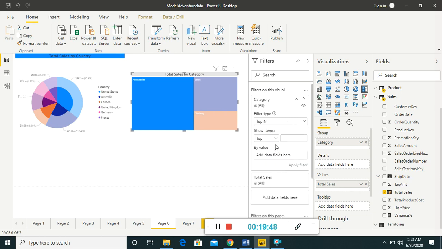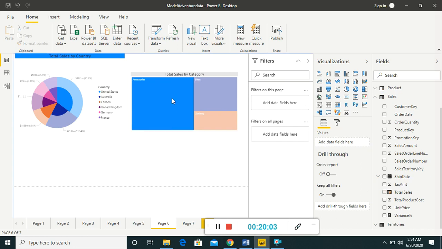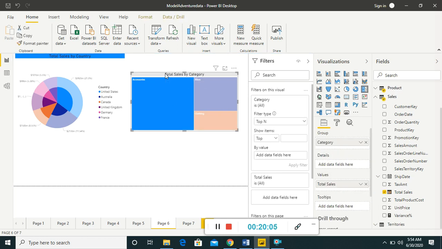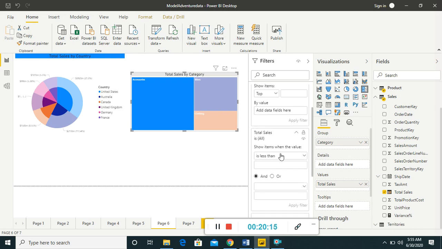Then top N, like if you want to display only the top 3 items in a category, you can apply the filter option. There are certain options under values as well, like if total sales is less than or equal to, greater than, is not.